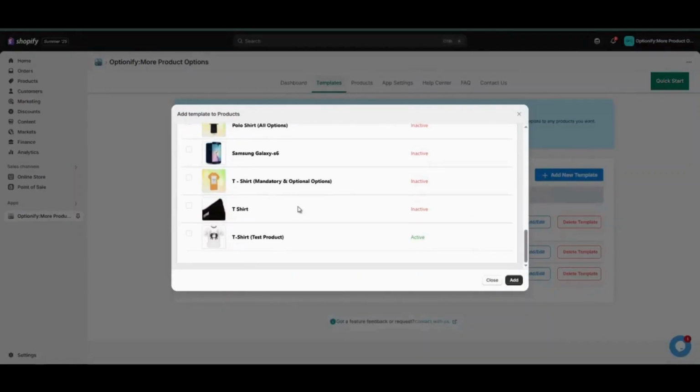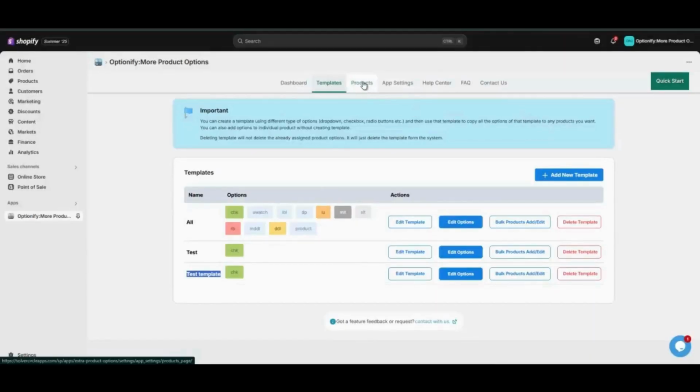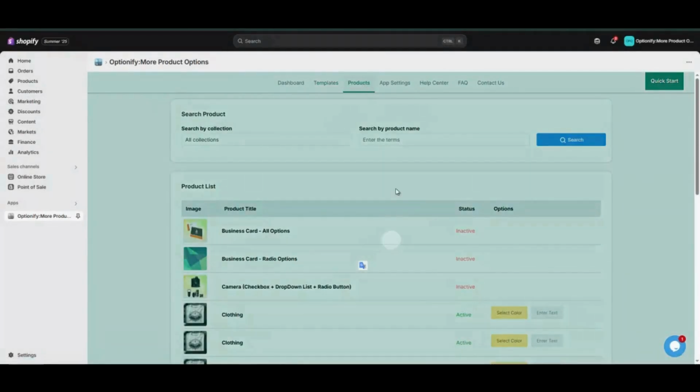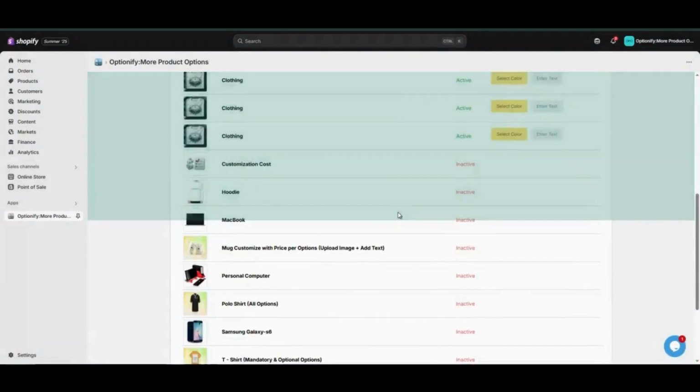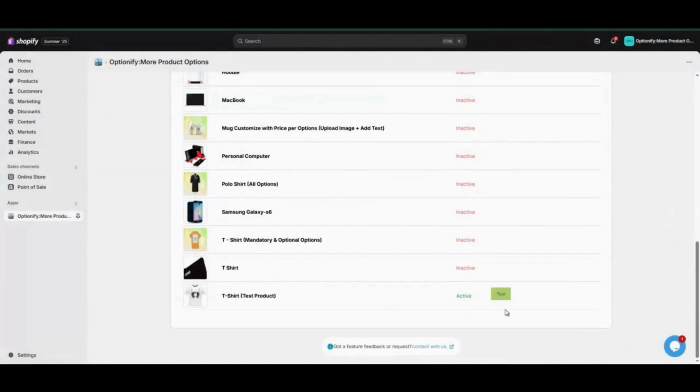Select a product. A pop-up window will appear with a list of your products. Scroll through the list and check the box next to the product you want to apply this template to. In the video, the user selects T-shirt, test product. Add to product. Click the Add button at the bottom right of the pop-up. Verifying on the storefront. Navigate to Products. Click on the Products tab in the top navigation. Find the product. Scroll down the product list and click on the name of the product you just edited, which is